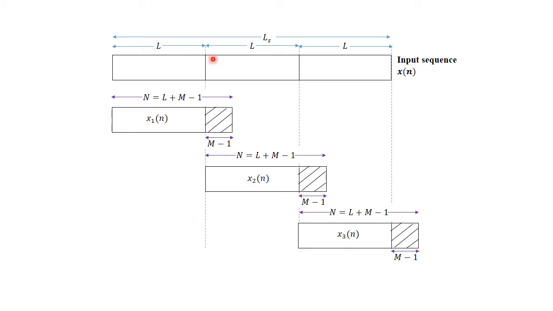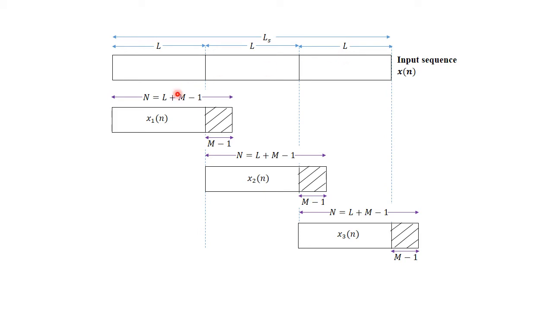So from this point up to this point is one sequence of length l. Then again from this point up to this point, one more sequence, again length l, and all these are of equal length. So one more sequence of length l. So remember, all these three are going to have the common length, that is l.